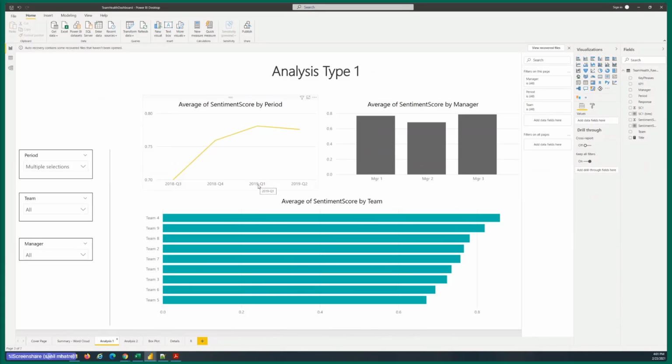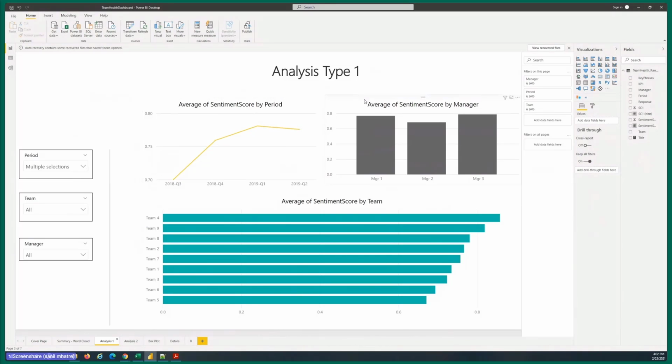And then you notice Q2 of 2019, where it's not exactly flattened out, but it has had a slight drop. So maybe that happiness has reached its plateau, and people are expecting that happy state to be the new normal. So this is an interesting analysis that you can do simply by plotting the average of sentiment score over time.